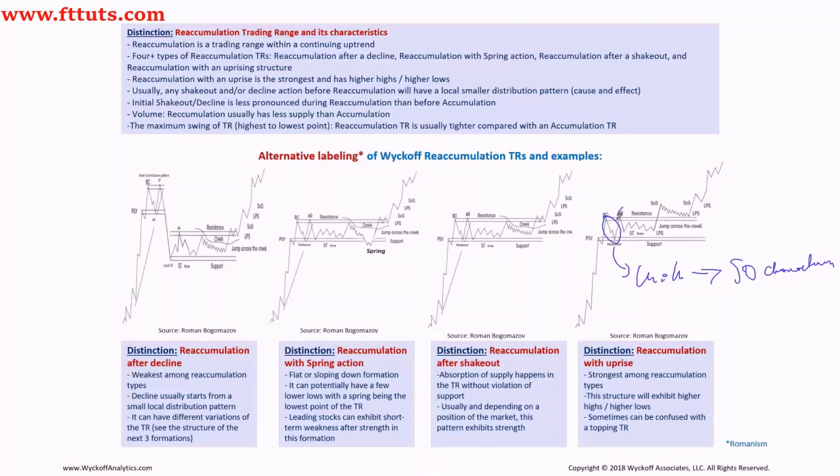And then the next rally is going to look like your regular automatic rally in the accumulation. And then your next reaction is going to look like a secondary test. So I started thinking that a lot of the reaccumulations are going to go through a very quick phase of distribution on that first shakeout move. And you could think of